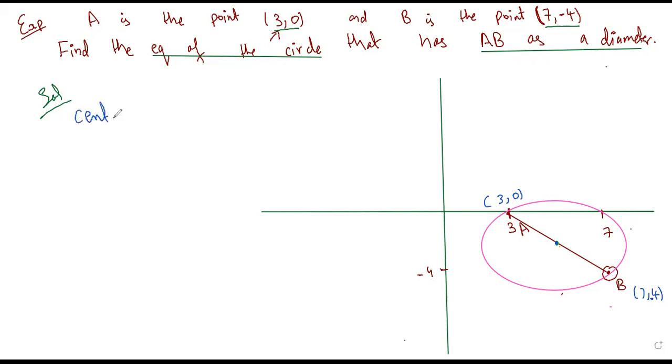Center of the circle would be equal to the midpoint of AB. And we know how to find the midpoint of AB when we have the coordinates of A and B, right? How do we find the midpoint of AB? So it would be 3 plus 7